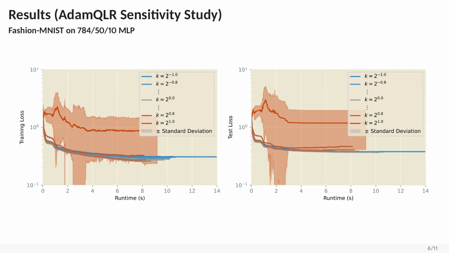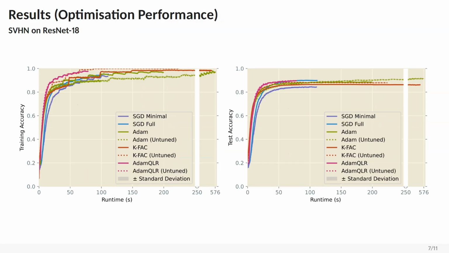When we directly compare AdamQLR to other algorithms, as in this experiment training a ResNet 18 on the SVHN dataset, we find the optimization performance is broadly comparable to other methods in use by the ML community. Specifically, the QLR heuristics are generally able to improve on Adam's performance, producing a loss trajectory which compares quite favourably with K-FAC in spite of the latter's more complicated underlying model. This suggests a naive second-order model is not the correct approach to training a neural network. In fact, the heuristics do seem to be playing a larger role in the performance of these optimizers than the